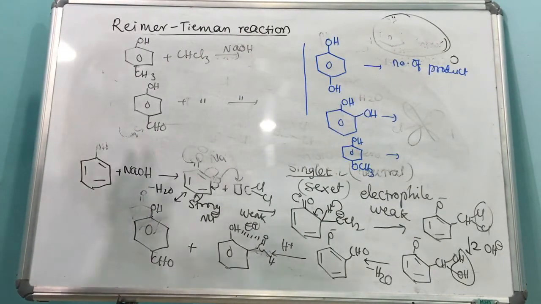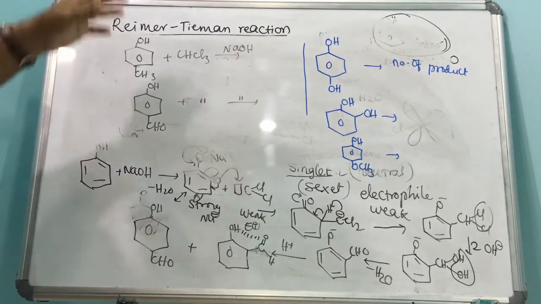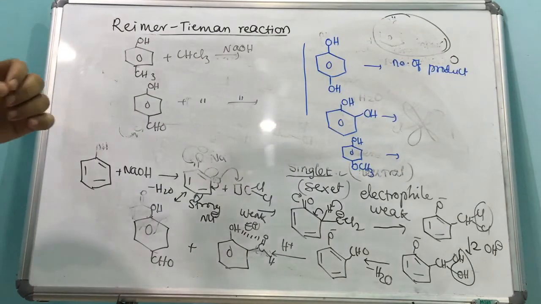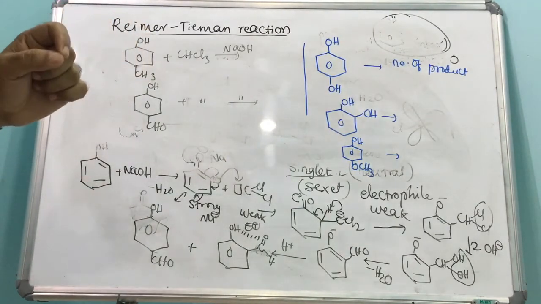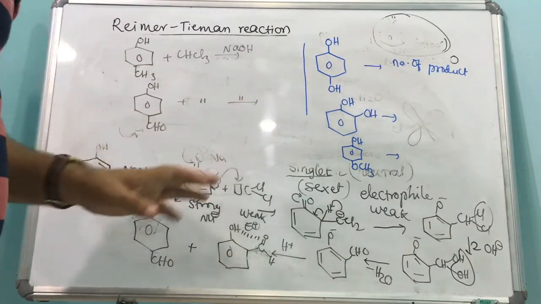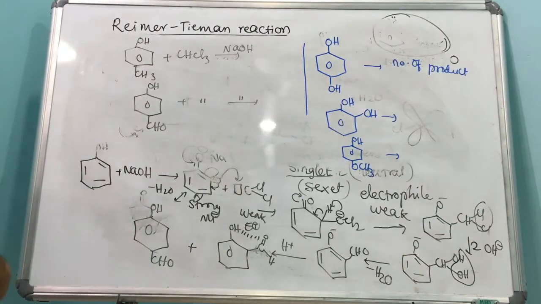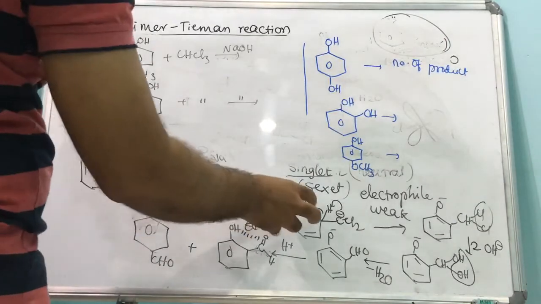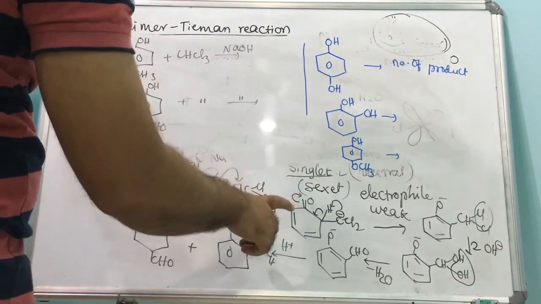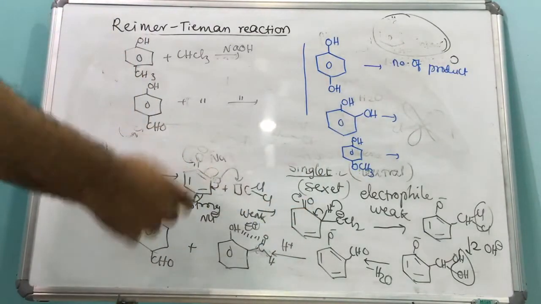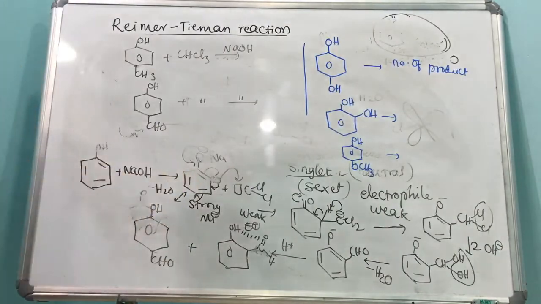In total, in this reaction the main part is: which one is the intermediate formed? That is called dichlorocarbene, and they may ask whether it is singlet or triplet. Another: how many electrons does it have, and it may be asked whether it is neutral or charged; it is neutral. They may also give the mechanism. Otherwise, in this mechanism, one of the intermediates formed, is it aromatic or non-aromatic? This one is non-aromatic, this is aromatic. Like this, questions may be asked in competitive exams.